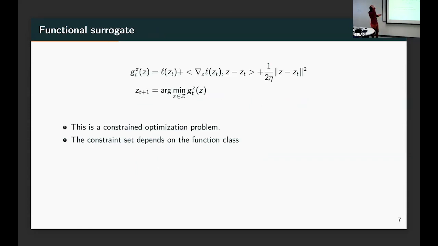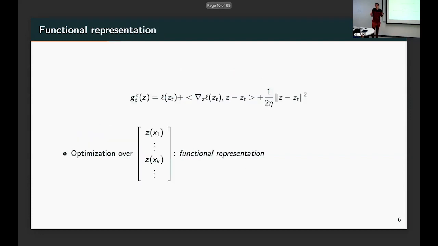Okay. Now, of course, there's one big issue, and the reason it's not that simple is that I cannot have any possible function output that I can think of, because I have some function class. And so there are some outputs I can have. If you have a linear model, then this matrix here has to be a linear transformation of my data matrix. But in general, the set of outputs I can get is defined by my function class, whether I use a big net or small net or something, right? So I can't have any Z I want here.